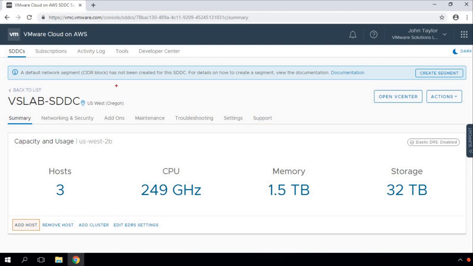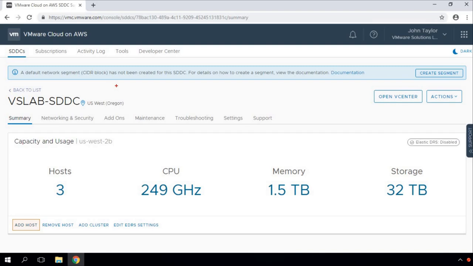So this concludes our lecture on how to deploy our first VMware Cloud on AWS SDDC in the AWS Oregon region, where we have gone through the entire multi-step guided workflow where we provided SDDC properties such as SDDC name, the type of deployment, and which region we are deploying it in.